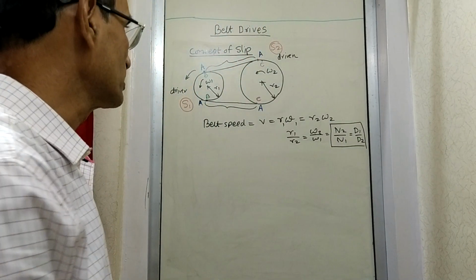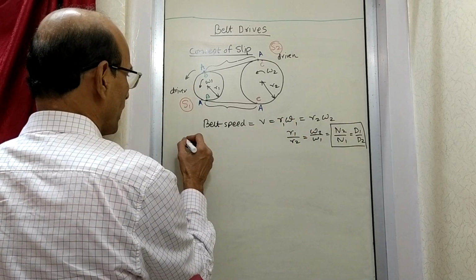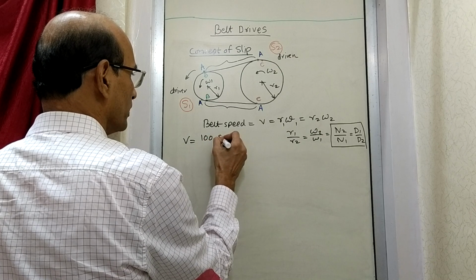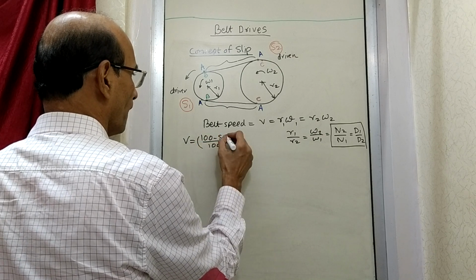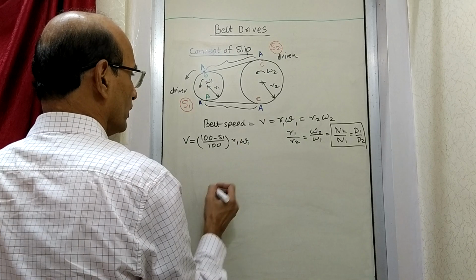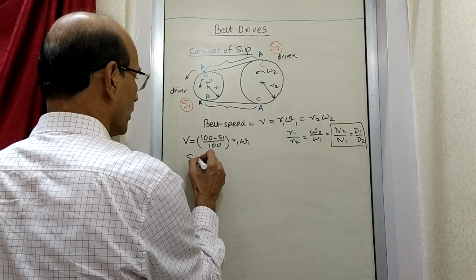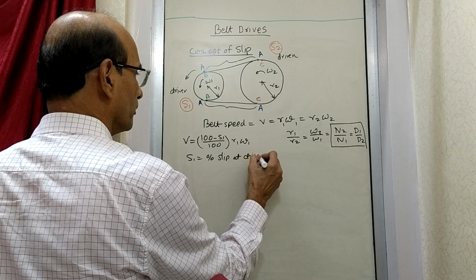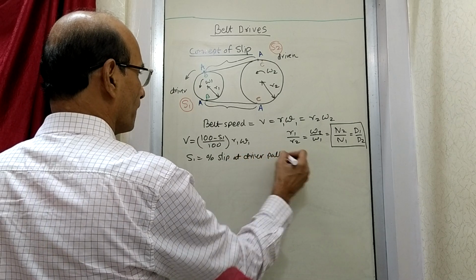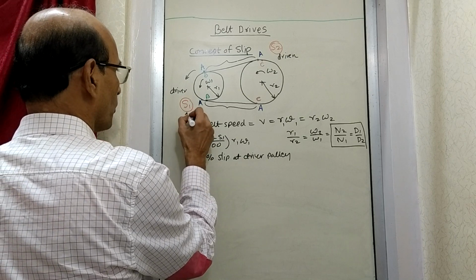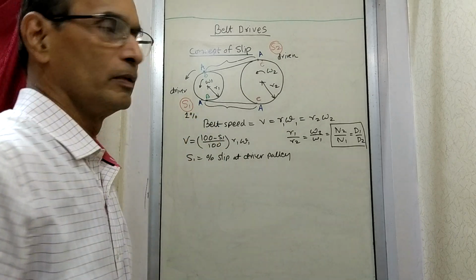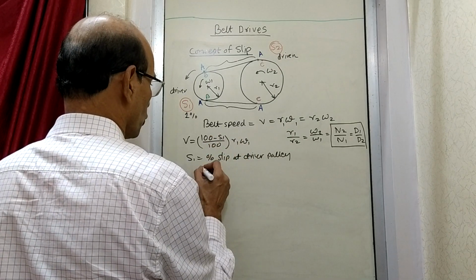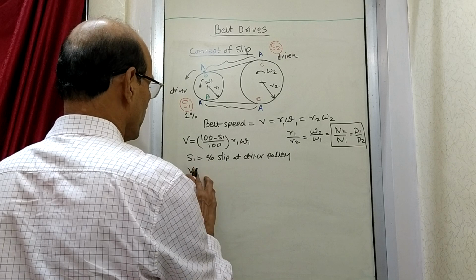Now in reality, even if you say like this, in actual practice V is not equal to R1 omega 1, but it will be (100 minus S1) upon 100 times R1 omega 1. Now what is S1? S1 is the percentage slip at the driver pulley. So here suppose I call it say 1%. 1% slip is there. That means here I'll put S1 as 1. So this velocity will be equal to